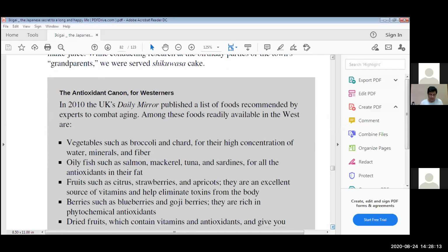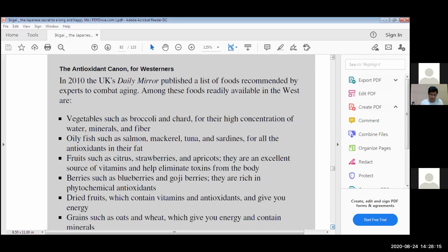The antioxidant canon for Westerners. In 2010, the UK's Daily Mirror published a list of foods recommended by experts to combat aging. Among these foods readily available in the West are